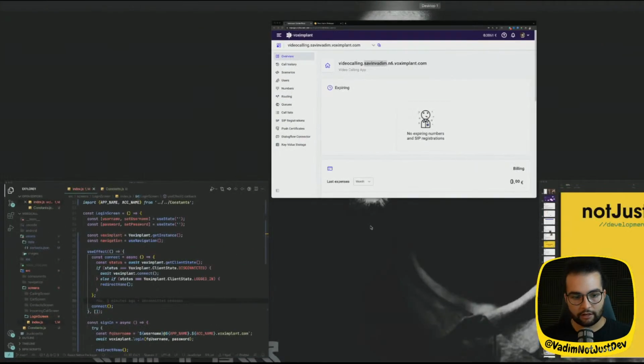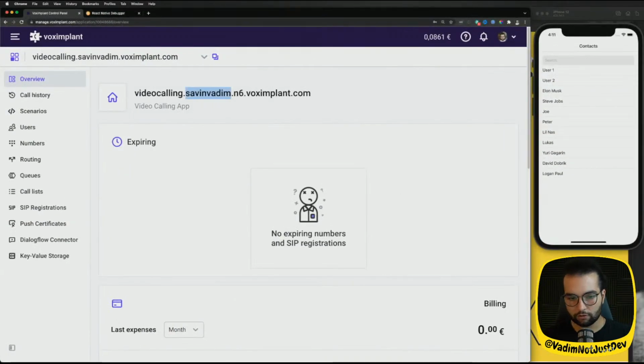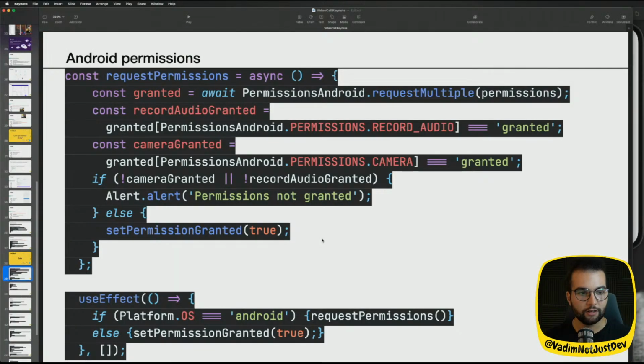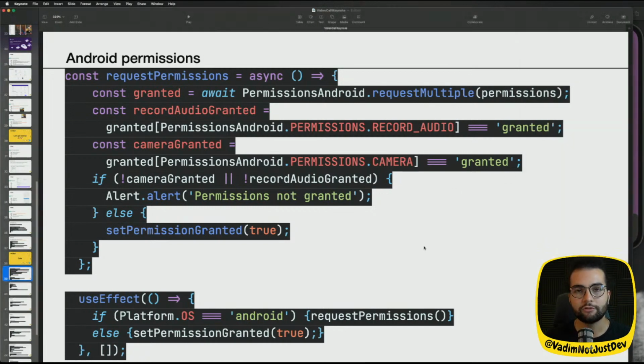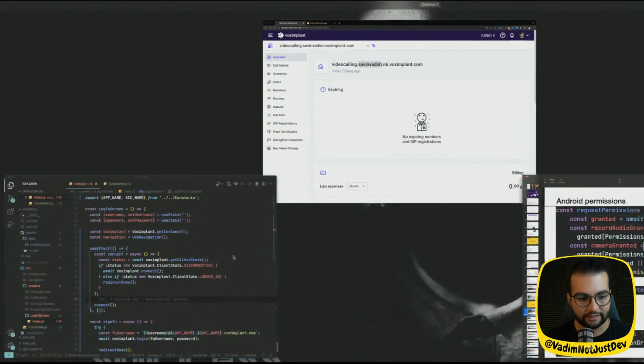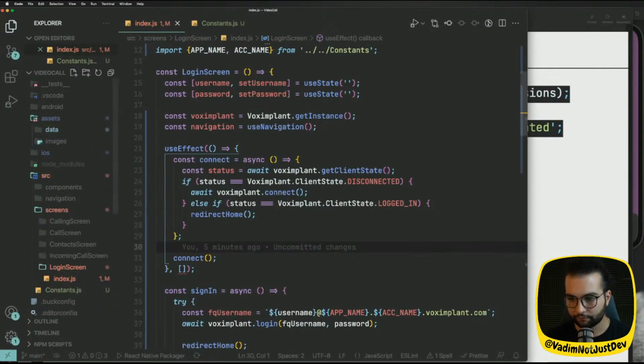So, calls, right? Okay, so the first step for our calling screen, for example this one, is to request permissions for Android devices. On iOS this is not needed, but on Android we need to ask these permissions. So let's go ahead in our